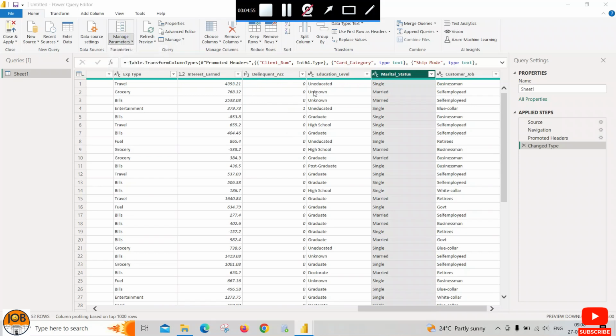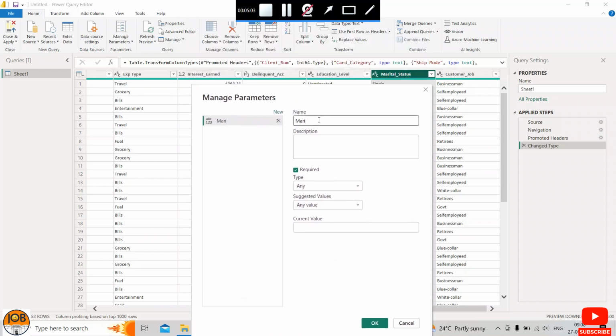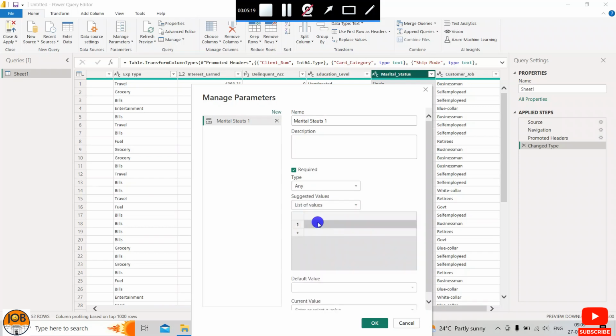So, new parameter. We can give any name, then select type, any value, in list of values,